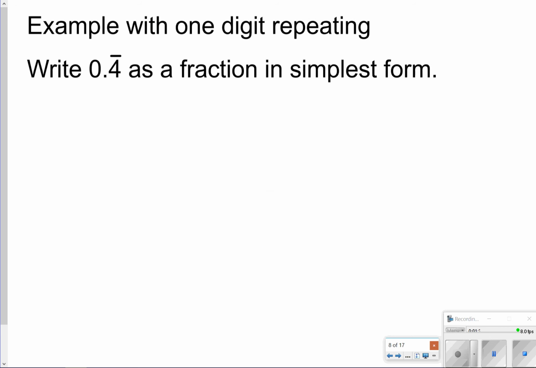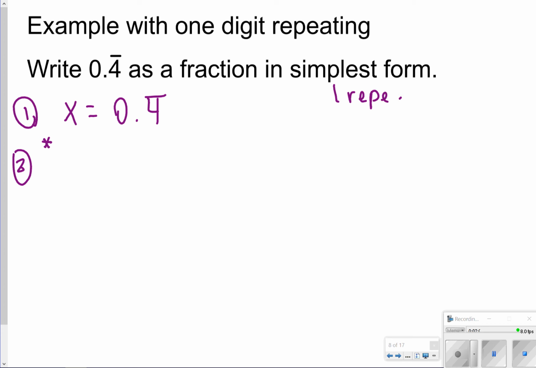Alright, so the first one I'm going to show you is just an example with one digit repeating, which means I'm going to be multiplying both the sides eventually by 10. The first thing you're going to do, and I'm going to label these as my step 1, 2, 3, and 4. Step 1 would be to write the original equation, so x is equal to 0.4 repeating. Okay? Step 2 is to multiply both sides of the problem by the power of 10, however many digits are repeating. Since there's only one repeating digit,